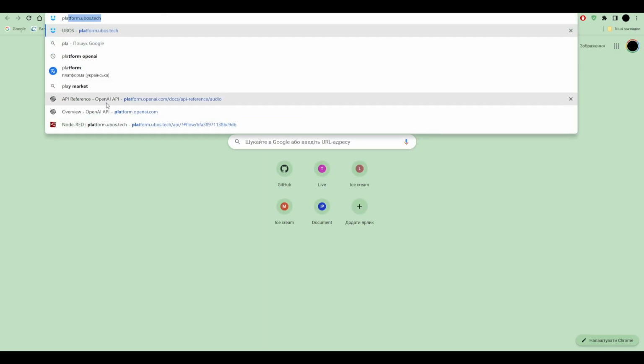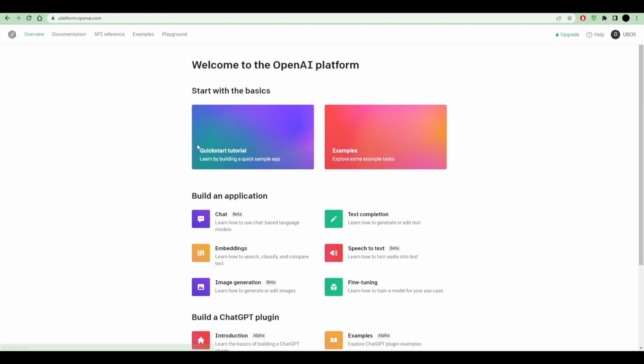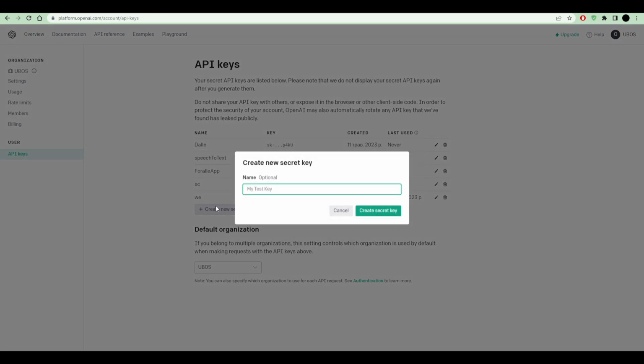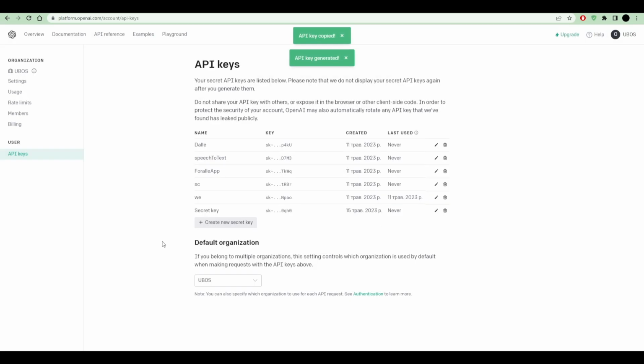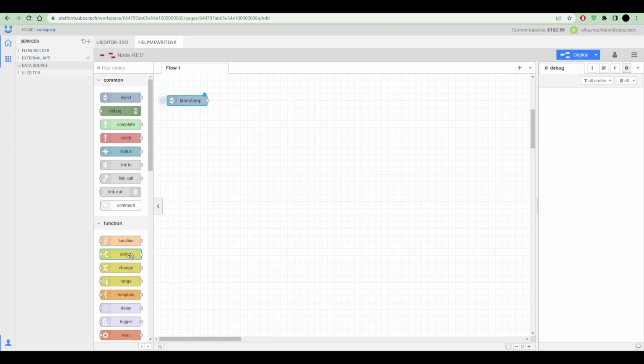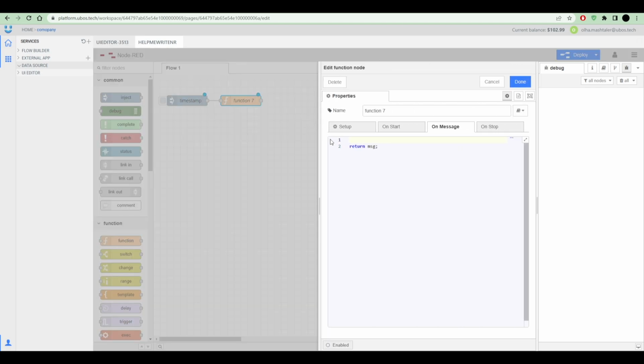Go to platform OpenAI, go to view API keys and we need to create one more. Create secret, copy it to save and close this. And now I want to save my token. I can open this token one more time, I just need to save it and I want to save it